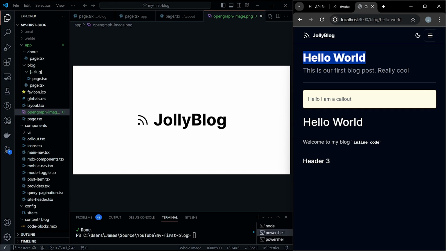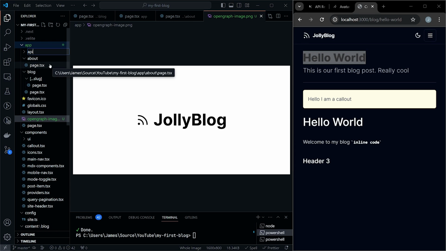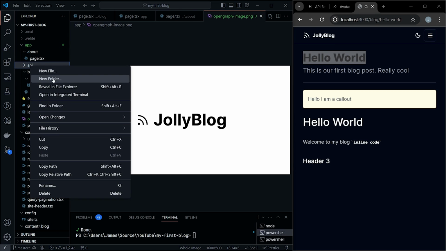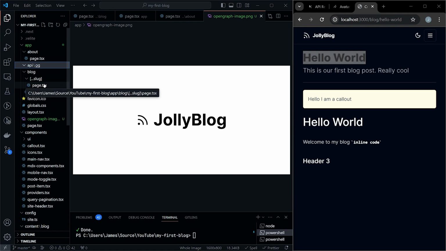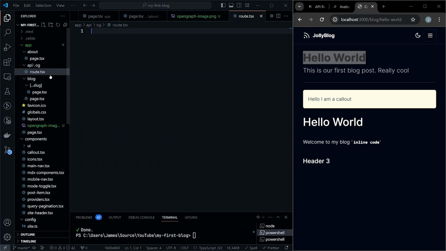To get started with that, what we're going to want to do is go up to our app and create a new folder here called API. Now in this API folder, we're going to create another new folder called OG. And then in OG here, we'll create another new file, and we're going to call it root.tsx. Now, inside of that root.tsx, we're going to do export const runtime equals